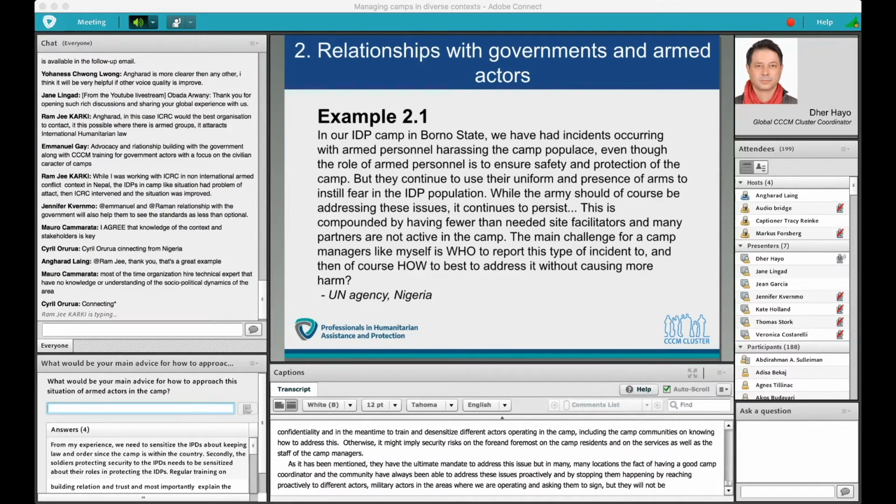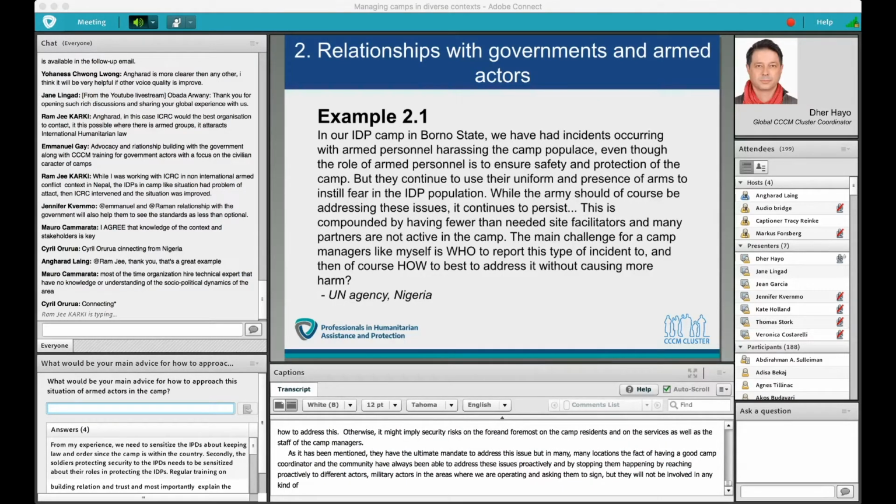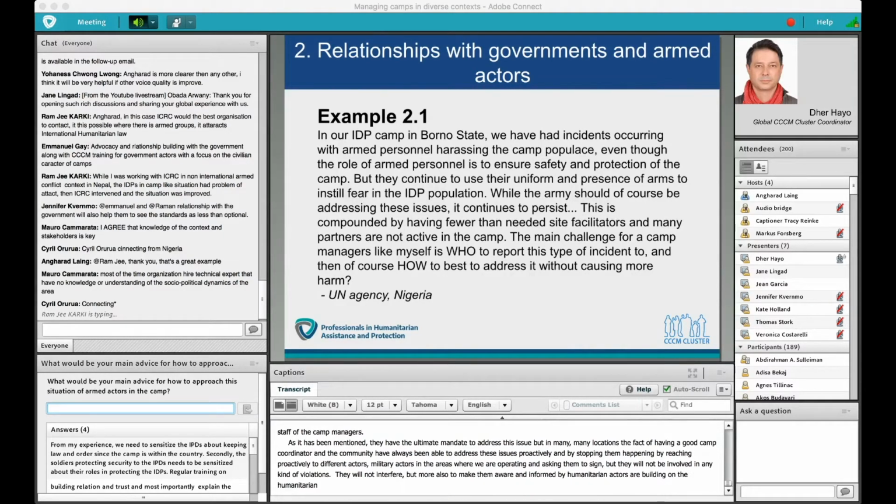They will not interfere, but also to make them aware and informed that humanitarian actors are building on humanitarian principles, where we are not there to violate any of these principles. We are based there to help the people based on their needs. And these kinds of proactive measures have been happening in all the key contexts where we had severe conflicts, from